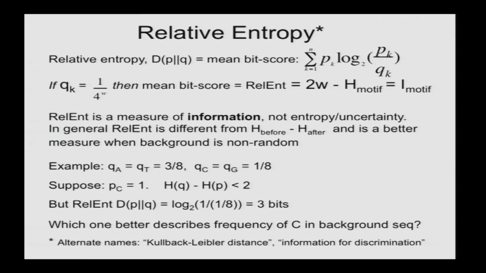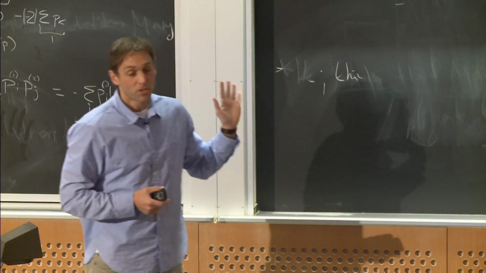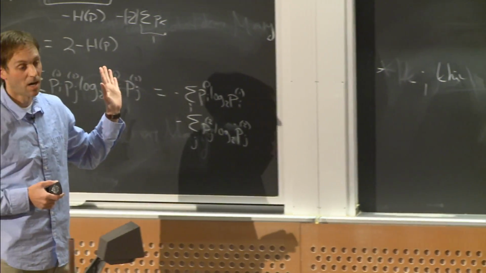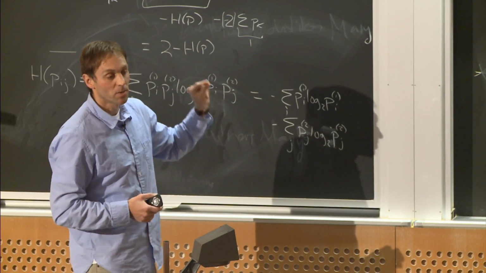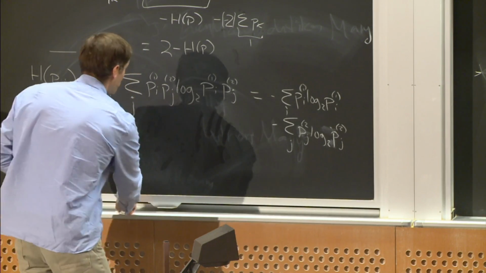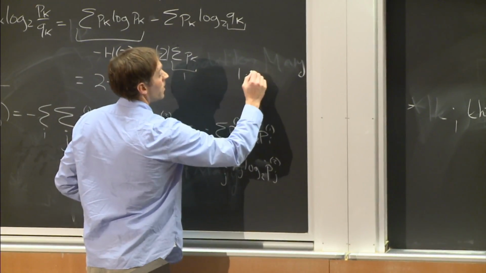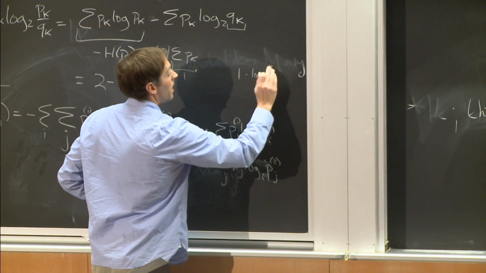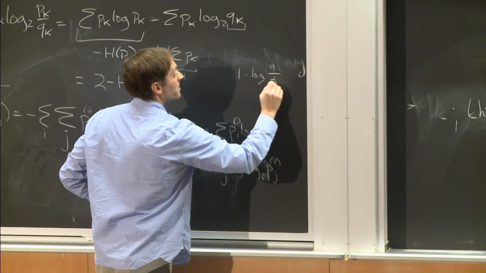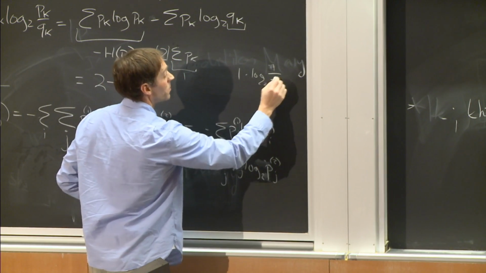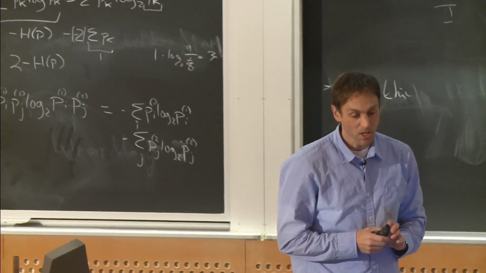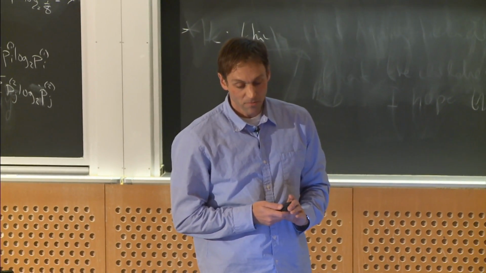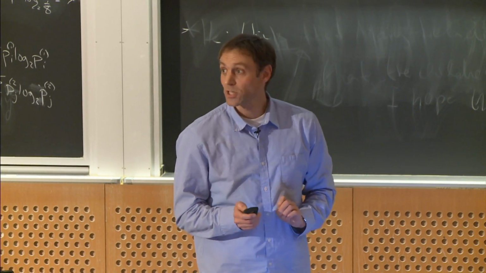That would be 2 to the 2, which would be 1 every 4 bases, and that's clearly incorrect in this case. But for the relative entropy, there will be 4 terms, but 3 of them just have a 0, right? And then 1 of them has a 1, so it's 1 times log 1 over 1/8 in this case, and that will be equal to 3. And so the relative entropy clearly gives you a more sensible version. Okay, so it's a good measure for non-uniform backgrounds. Questions about relative entropy?